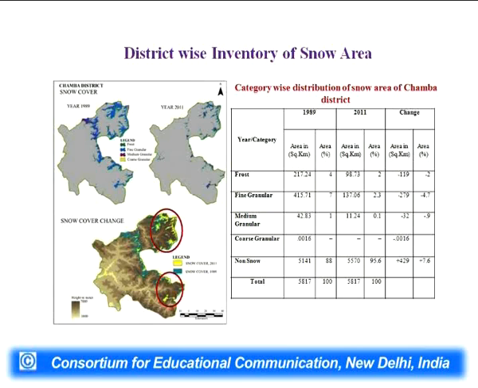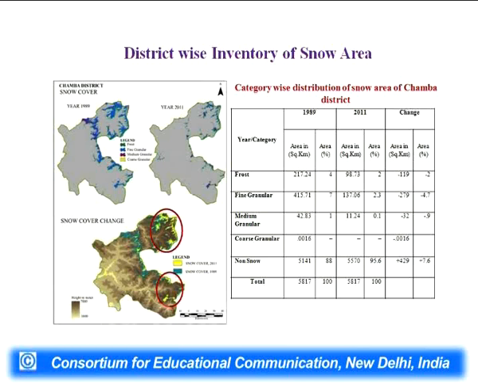The one image is for 1989, another is for 2011, and the snow cover change is also shown here. So, category-wise distribution of snow cover was performed here. Earlier, for the whole three districts and the whole Himachal Himalaya, we just performed snow cover mapping, but here we are taking the categories of snow also, like frost, fine